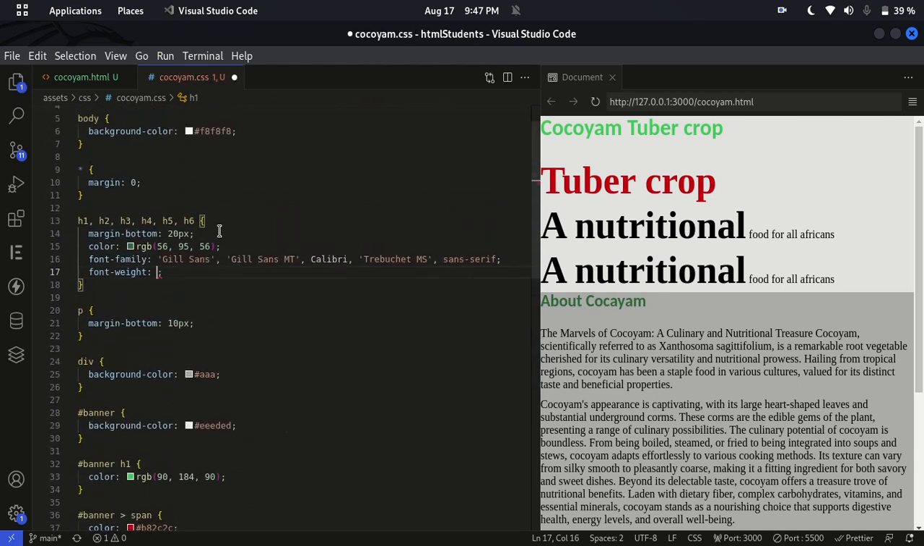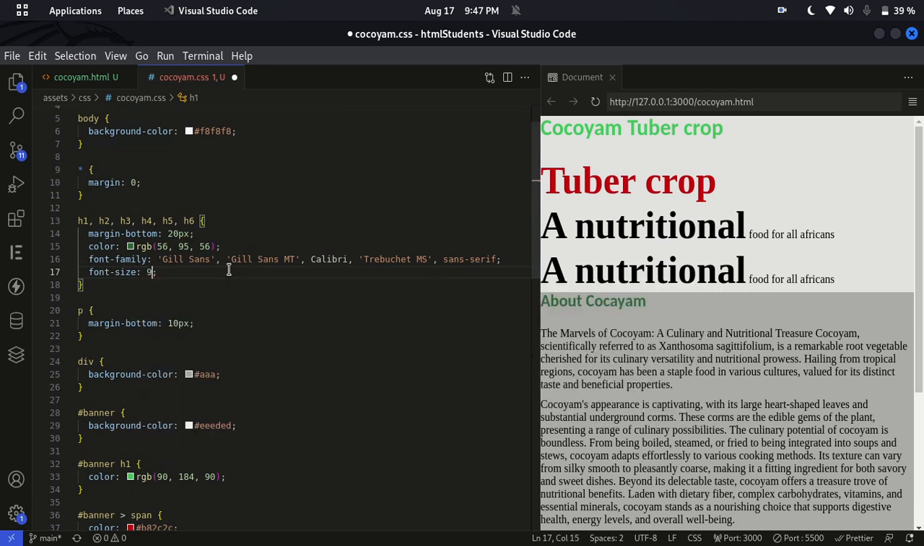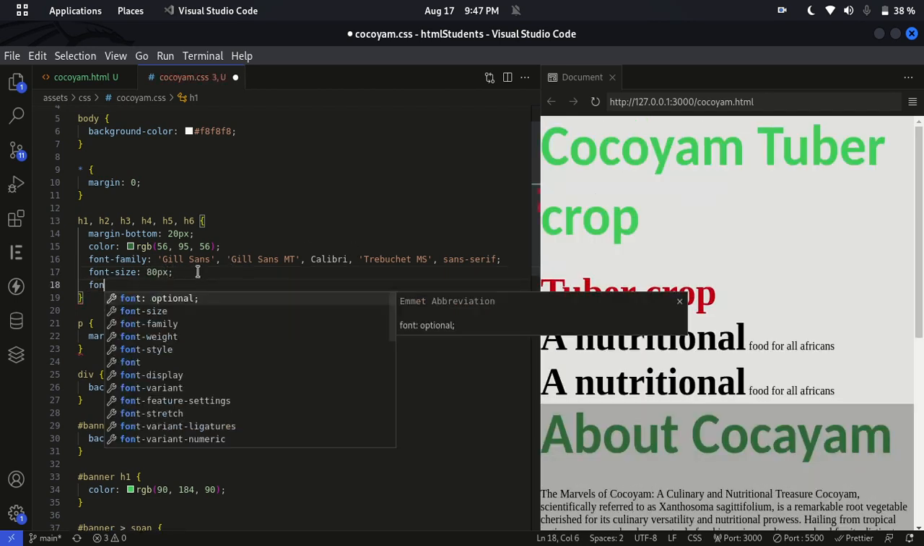I think let me give it fonts. Okay, font size, 80 pixel. Now if you look at the fonts width,